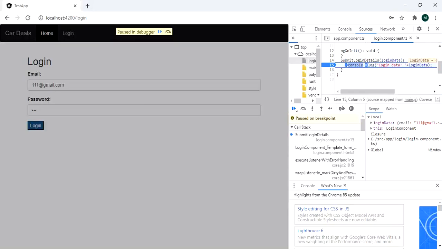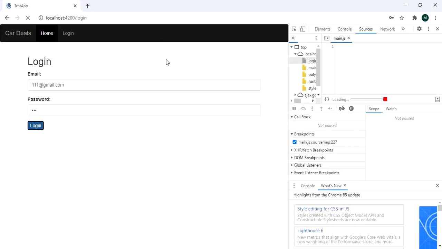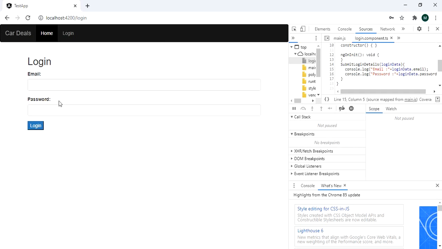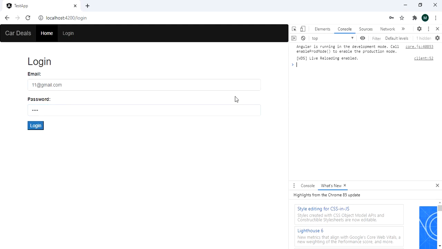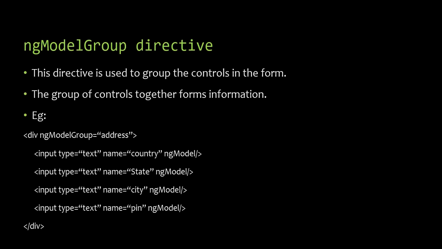Let us see the output. So this will now print the email and password that we are giving once we click on login. So with the help of the template reference variable to the ngForm, we are able to access the values.